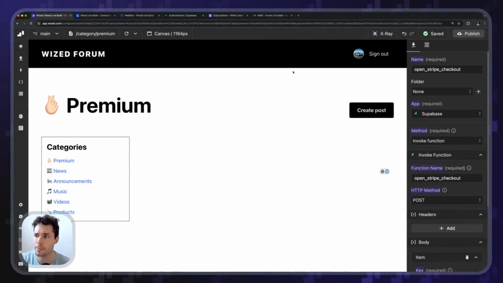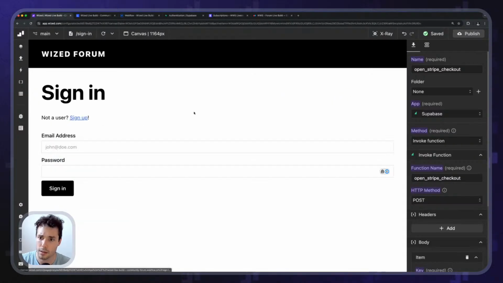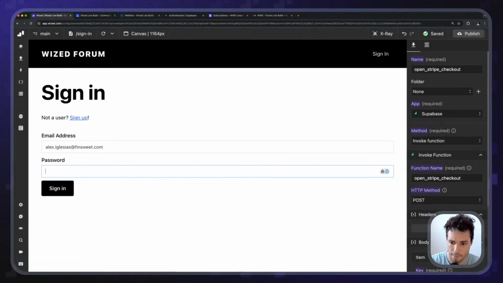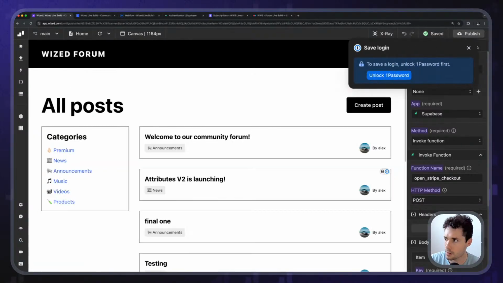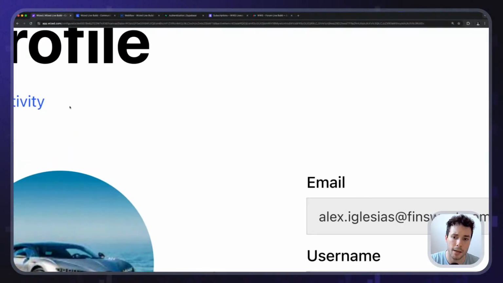We're almost done. Now, the only thing that's missing is that in here, oh yeah, I need to sign in. Hold on, because we just cleared the session. In here, in the profile page, I want to display a manage billing